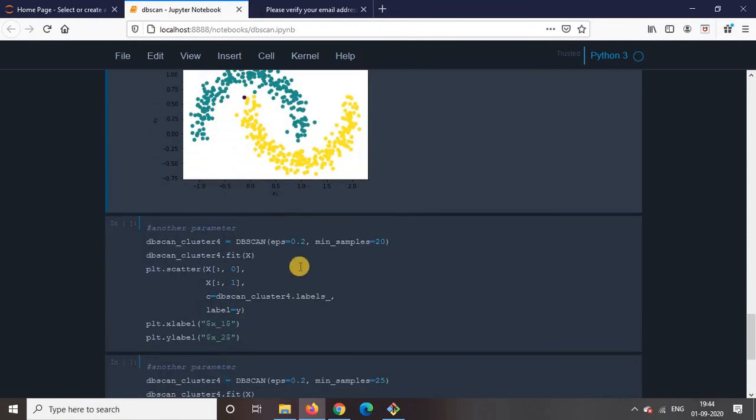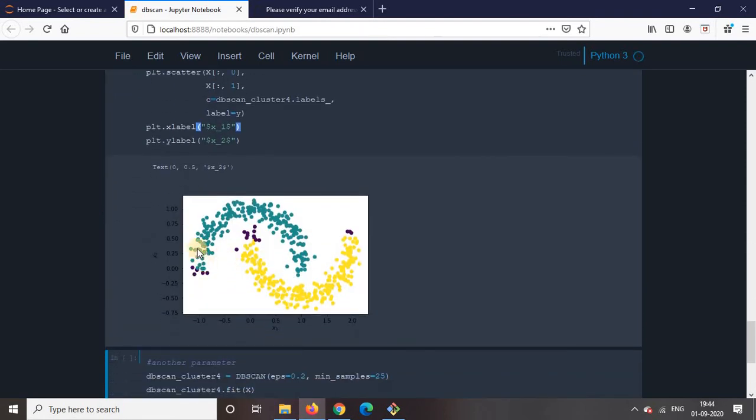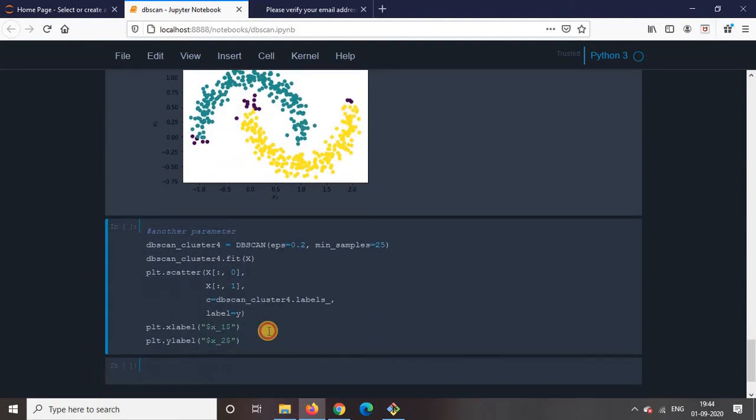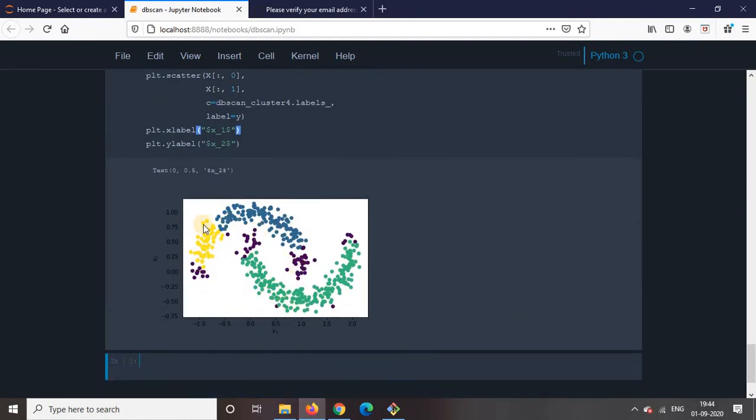Now let's say we don't decrease the radius, but we increase the minimum samples. Now let's see what happened. So we are getting only two clusters, but we are getting many noise points. Again increase the min_samples. Now you can see you are getting three clusters, this one and this one, and many noise points.